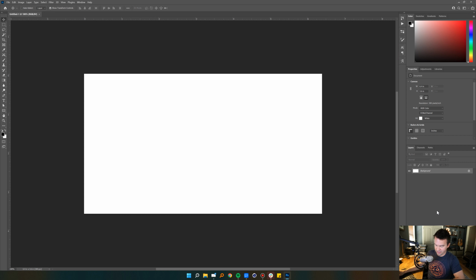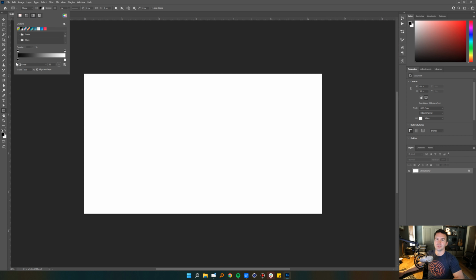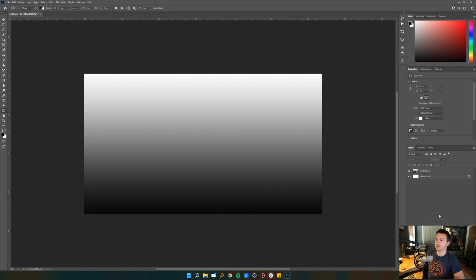So what I want to do is make a new layer. I'm actually going to use a shape layer. So I'm going to click on my rectangle tool and go to fill up here and click on gradient right there. And we'll just do a simple gradient for now. And I'm going to click and drag this over here and just make a big fat square. There we go. And so now I want to apply a color theme of some sort to this gradient,